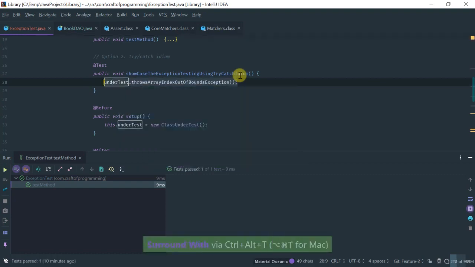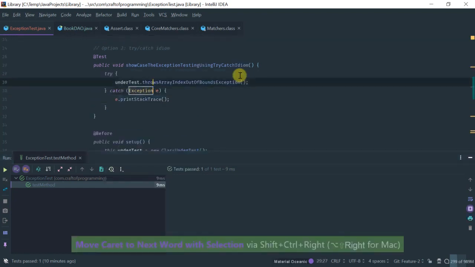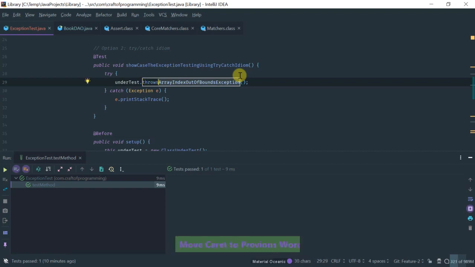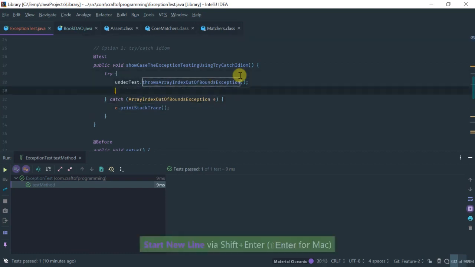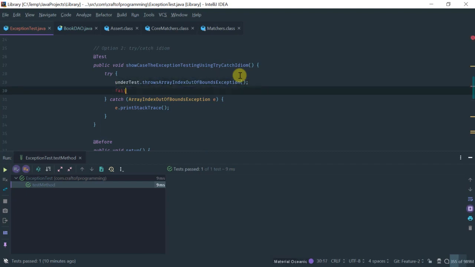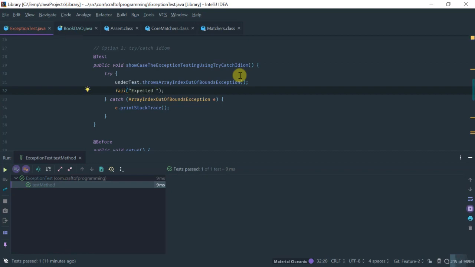the exception, and you surround it with a try-catch block and you catch the exception of the type that you are testing, or that you're expecting to be thrown. Okay, so then what you do is you write after the method is thrown, if the exception is not thrown, you write a fail. You add a fail statement, and in this fail statement you typically write a message that mentions the exception type that you are expecting to be thrown, expected an exception blah blah blah to be thrown, and also